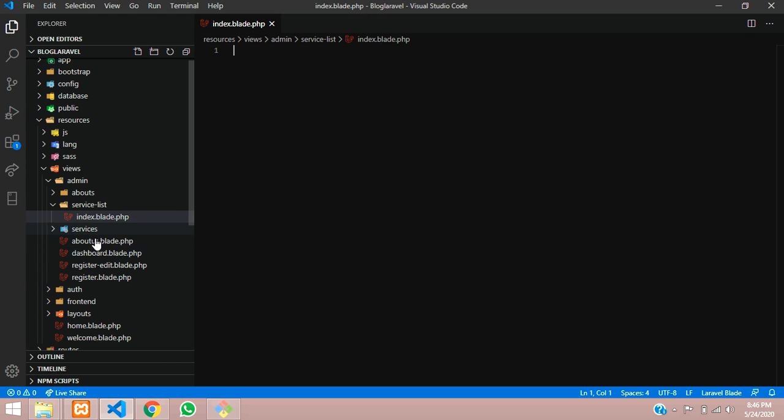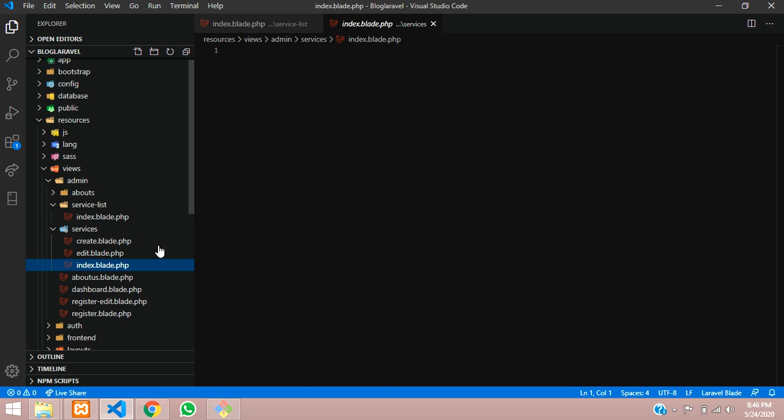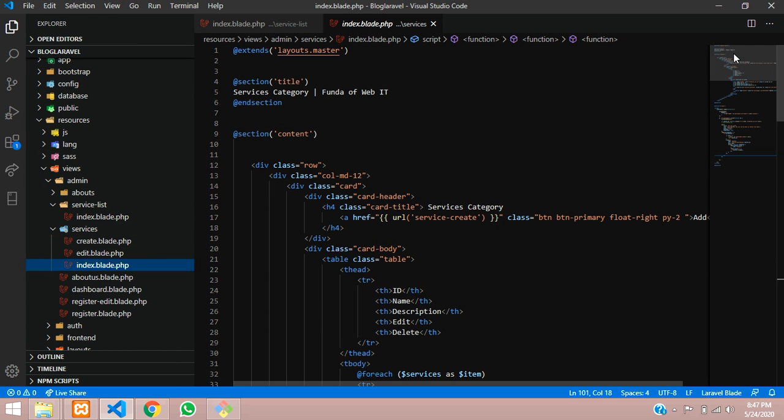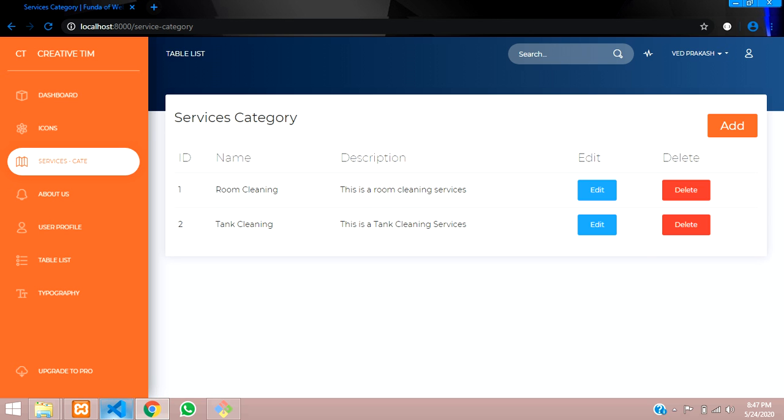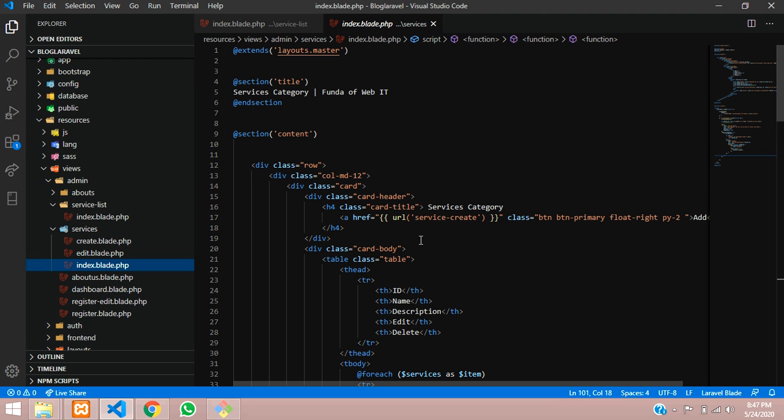And now as we are going to extend our layout and services, you can just copy it from the existing page. Let us go to service over here, and I'm going to copy these things. I just want to copy the design of it, so we can include it.